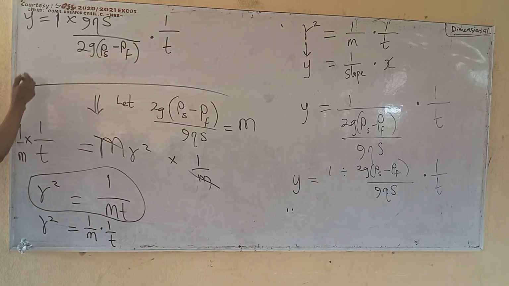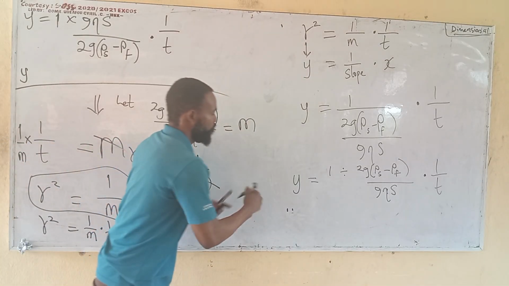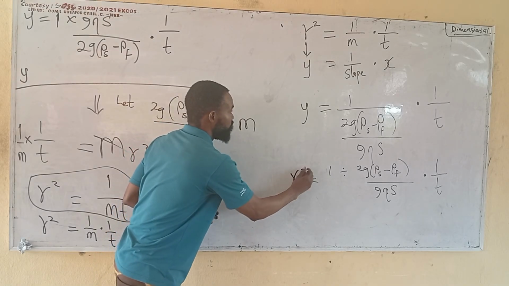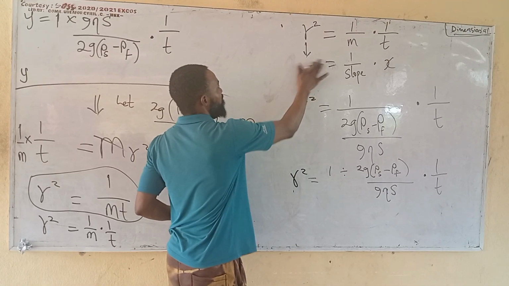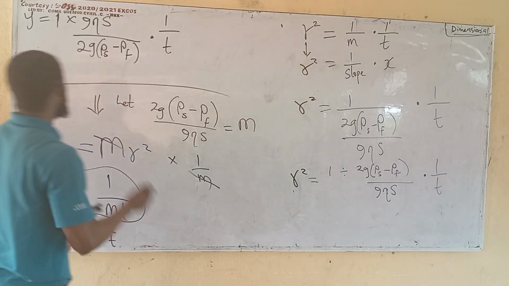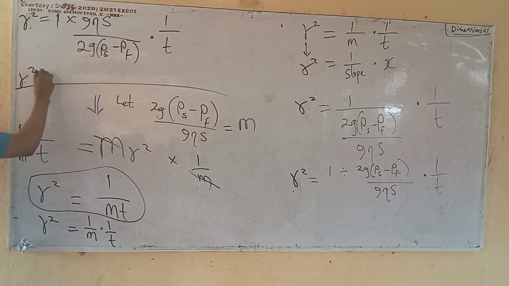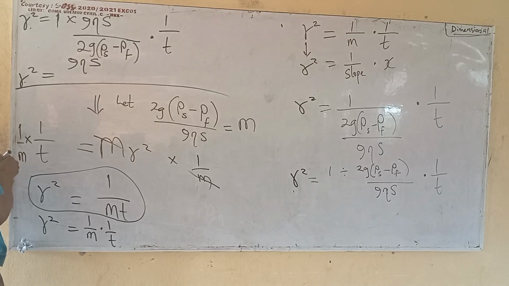So it's simply y, and we know that our y is r square. So I will replace this with r square. So r square is now equal to 9 eta s